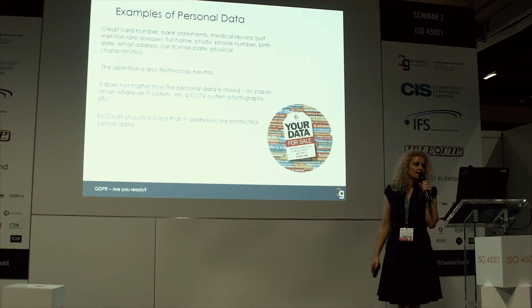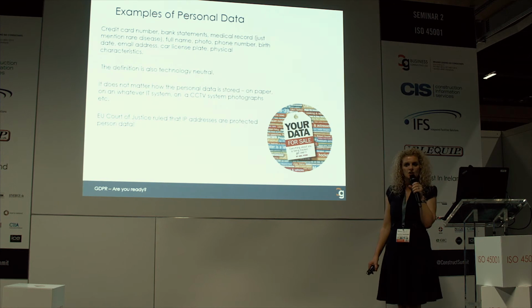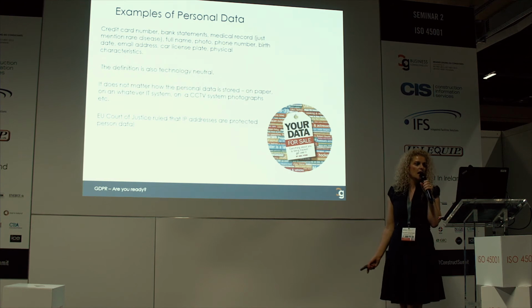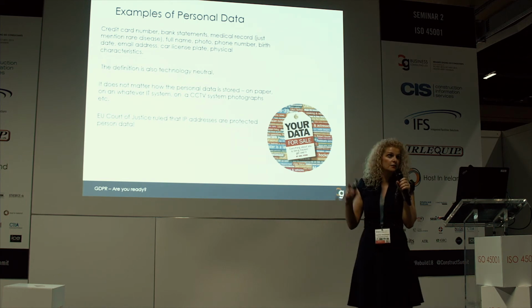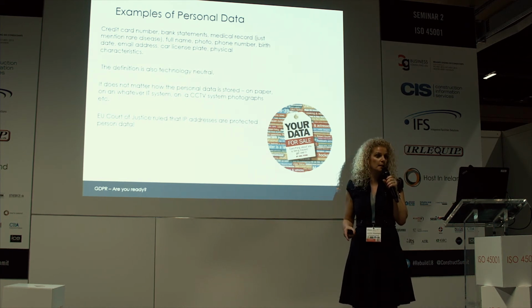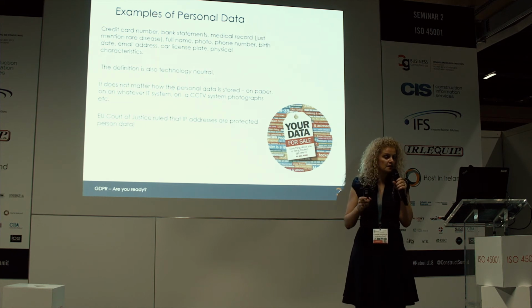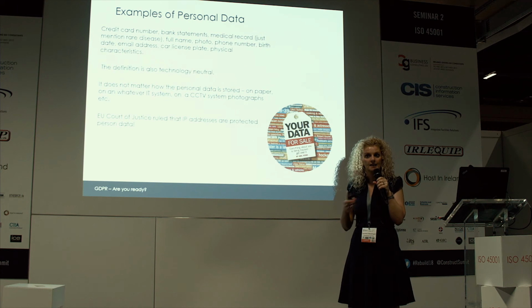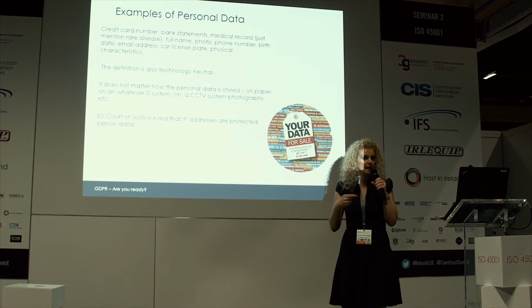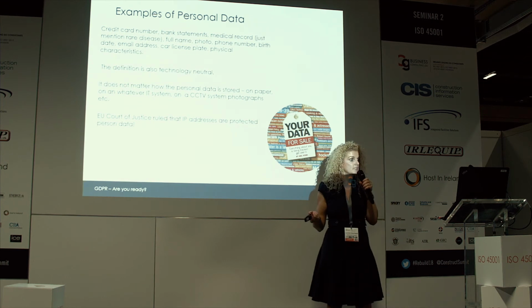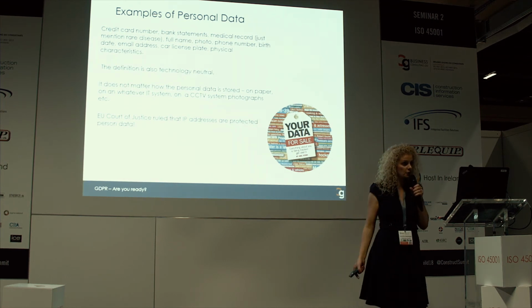So what is data? I've got 3 slides here on what data is. Credit cards, bank statements, medical records. Just mention rare disease and you'll have to do a privacy risk assessment. Any medical information, those are the high-risk areas. Full name. The way they define data is, if it's some way to identify a person, that's called data. So if I gave my street address, they could identify me by getting my home address. Even photos are now classed as data because apparently there's an app that you can put a photo into and it can identify you, facial recognition.